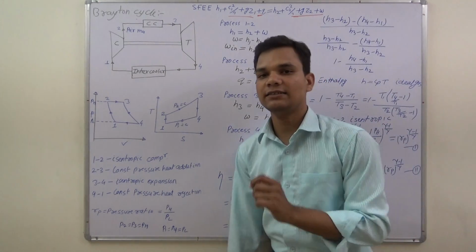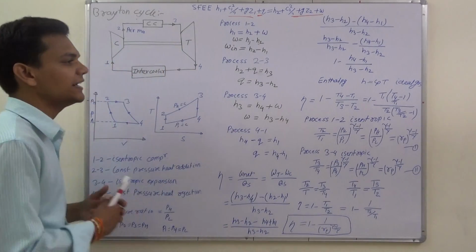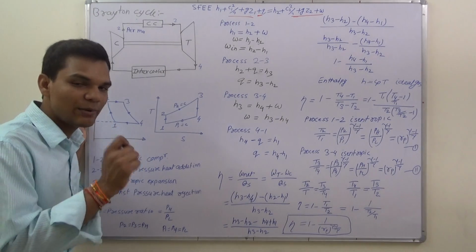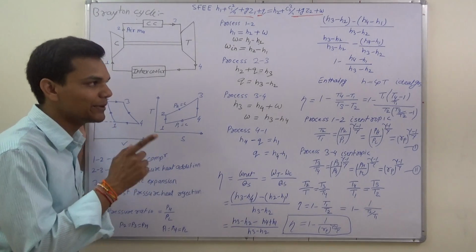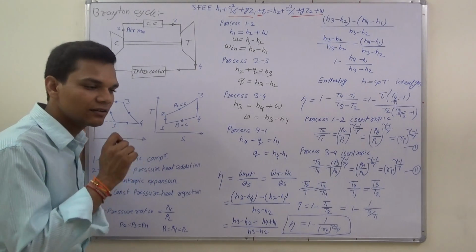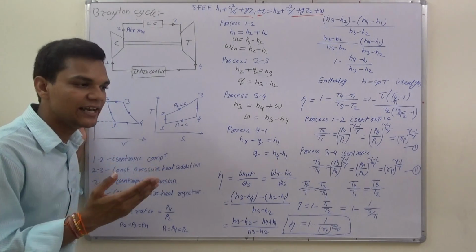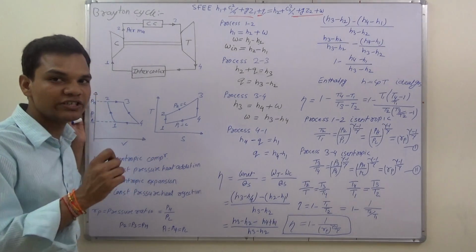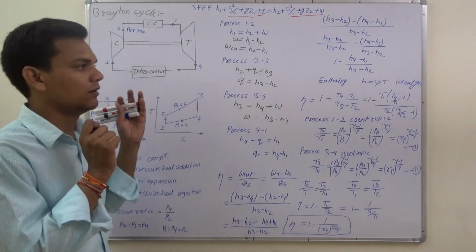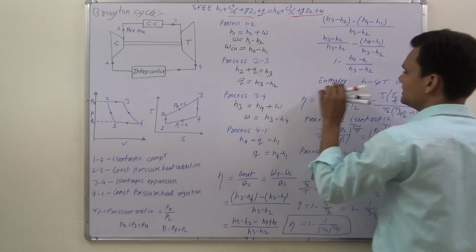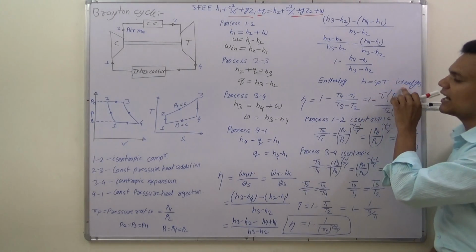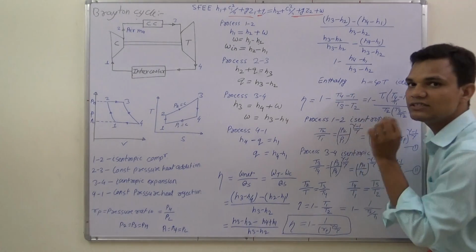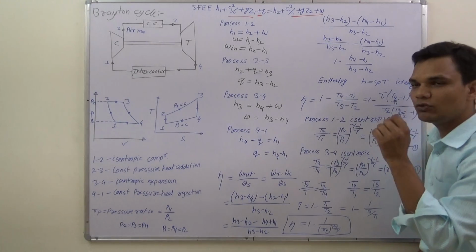One more important thing related to ideal gas is that because we are assuming our working fluid as an ideal gas, for an ideal gas the value of the enthalpy is directly proportional to temperature. We can write enthalpy in terms of temperature for an ideal gas, and our one more assumption is that the values of Cp and Cv will remain constant throughout the cycle. So the value of the enthalpy is H equal to Cp T for an ideal gas. We can write enthalpy in terms of temperature because the values of Cp and Cv are constant throughout the cycle.